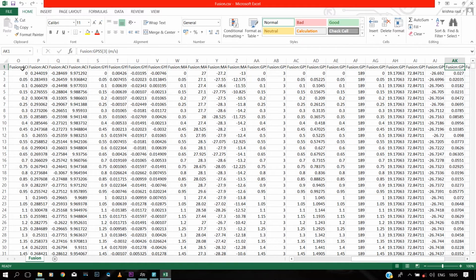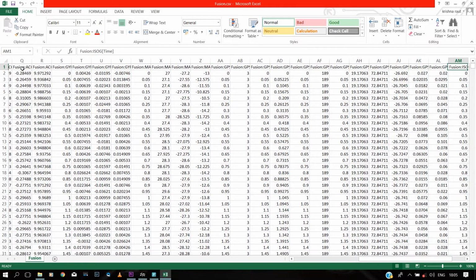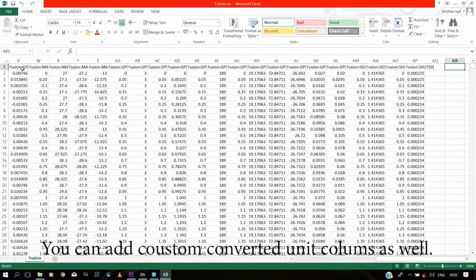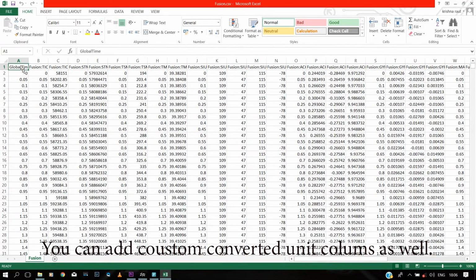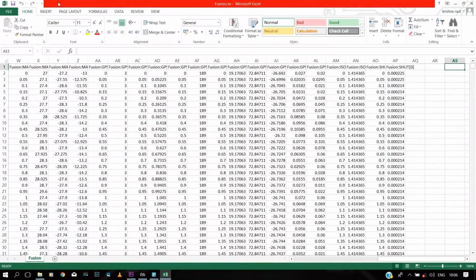Then we have meters, which is for the elevation. We also have meters, which I think is for the distance, and we have meters per second, which is for the speed. We have two of those, and that's it. So these are the only fields that are available in the GoPro Fusion, and this is the raw CSV file of the Fusion media. And the reason that I'm showing you this is because